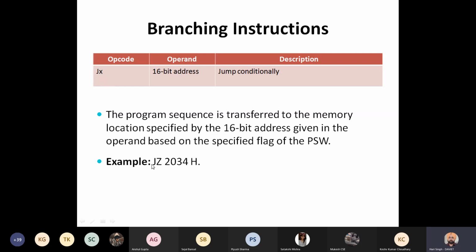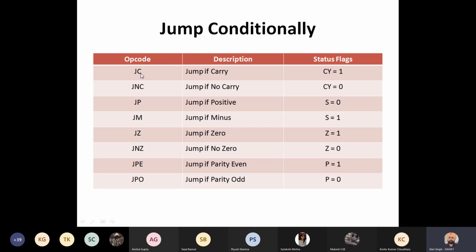So in place of X we can write 0 flag, carry flag, no carry. ये दोनों opposite हैं. Jump if carry, the instruction will transfer the control to the target location if carry flag is 1. Okay. Jump if no carry, this instruction will transfer the control to the target location if carry flag is 0. Okay. It depends upon our application, depends upon the situation whether we have to use jump if carry or jump if no carry. Okay. So in our lab tomorrow we will be making use of JC and JNC in sorting of a series. Okay.